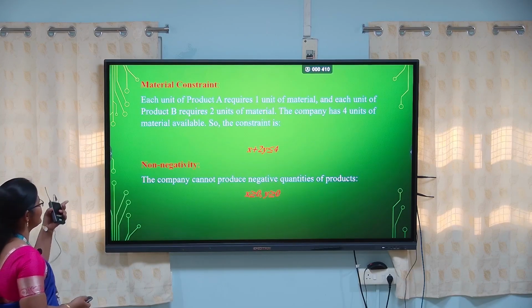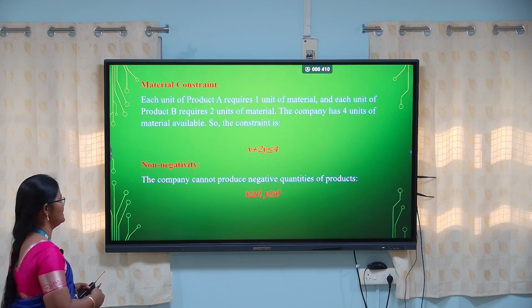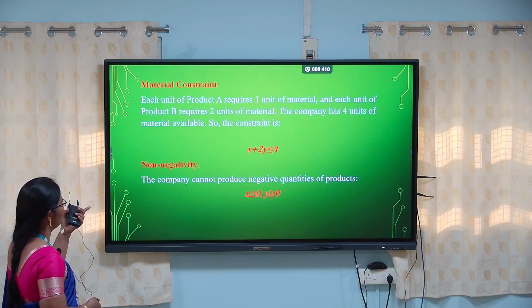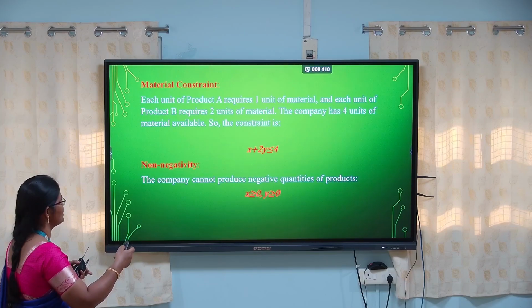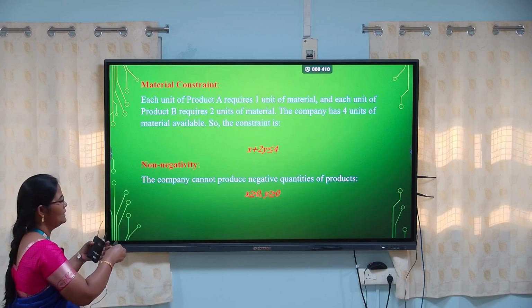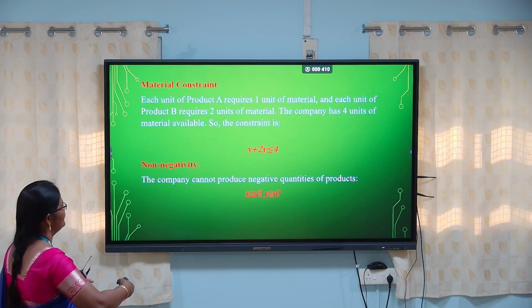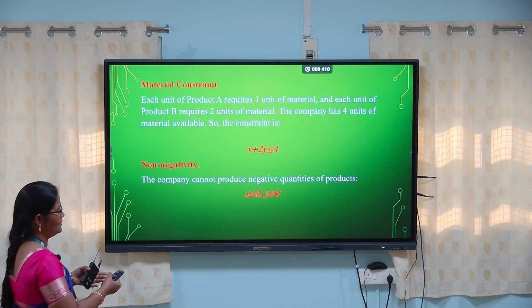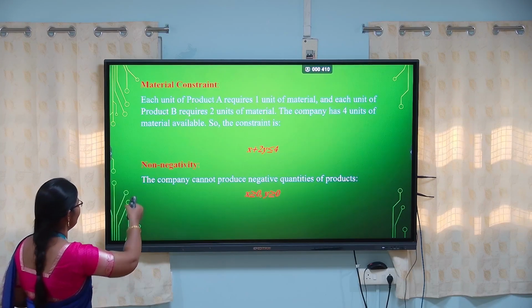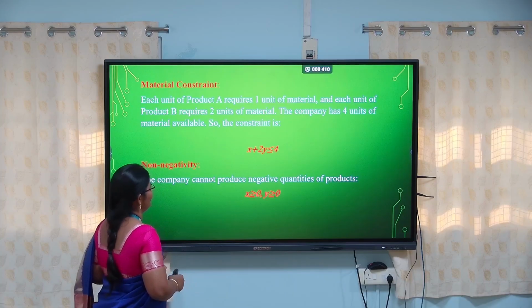The second constraint is the material constraint, which depends on the material availability in the company. Each unit of product A requires 1 unit of material, and each unit of product B requires 2 units of material to produce that particular product. Also we have a restriction on that. The company has 4 units of material available for the entire unit time. For that reason the equation is x plus 2y less than or equal to 4, because